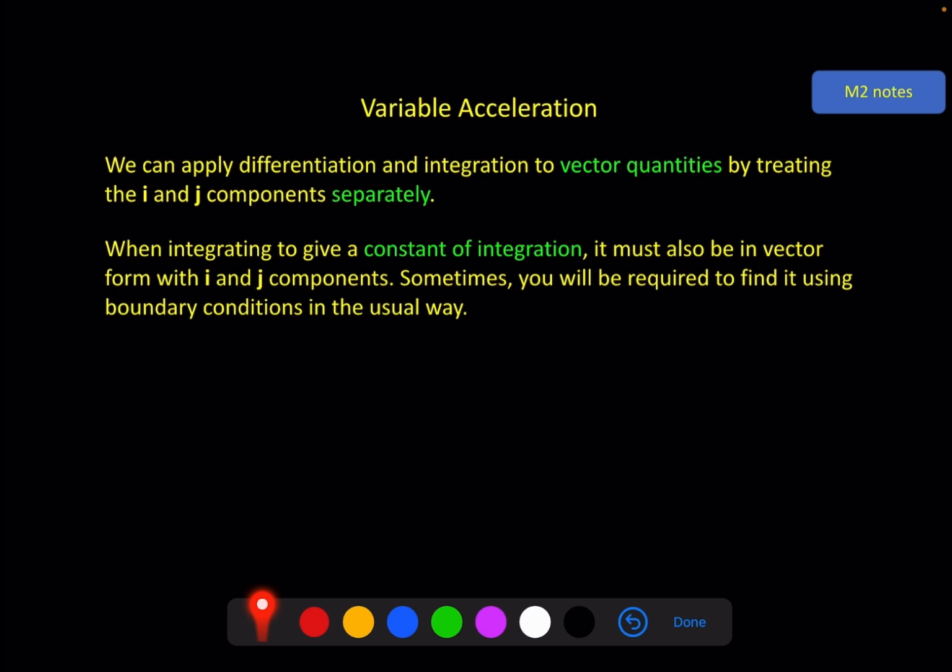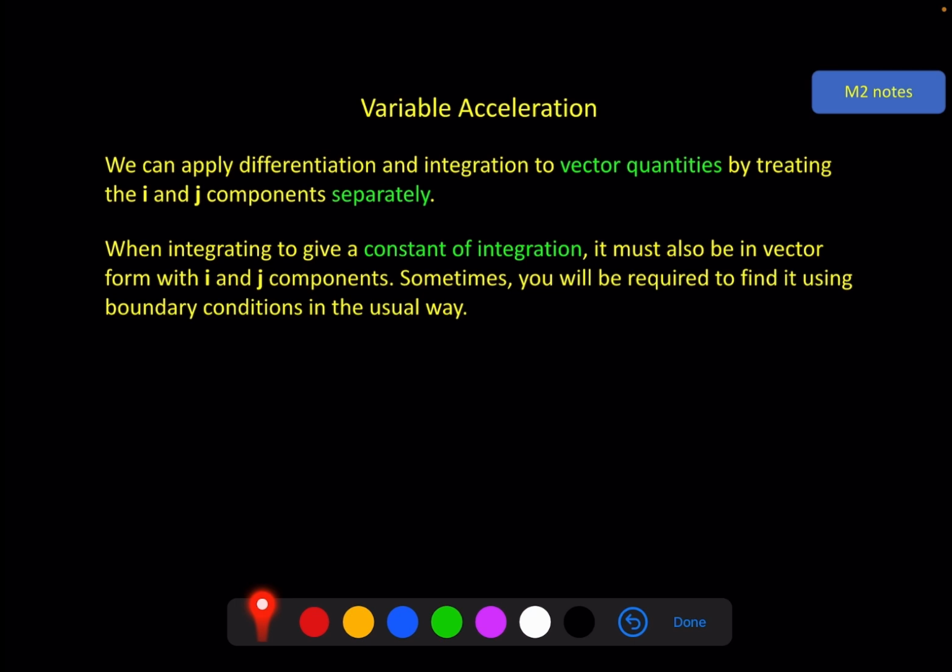Either you can write that separately as an ai plus bj constant, or you can put a constant of integration inside the i component and another one inside the j component. Effectively the same thing. Sometimes you will be required to find it using boundary conditions in the usual way, but if not, make sure that there's a constant in each of those 2 components. That's all the notes in terms of the concept. There's not a lot new in this video,